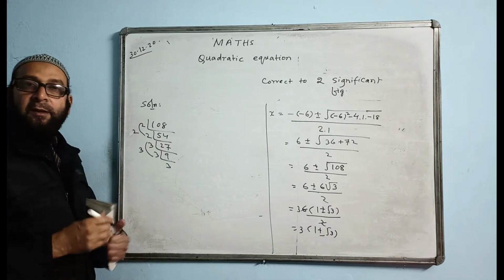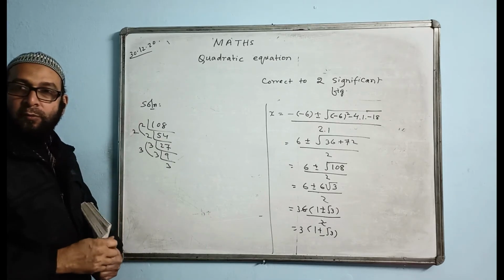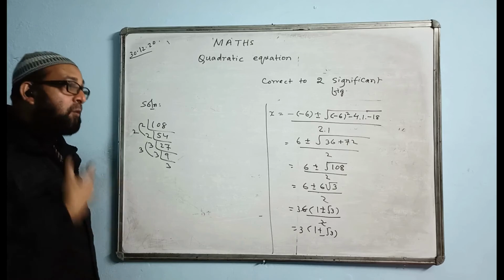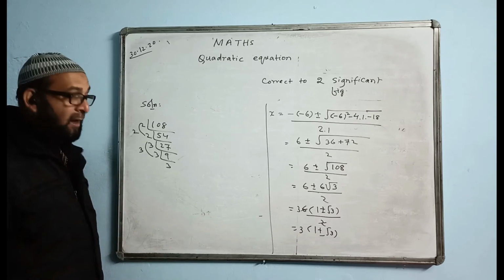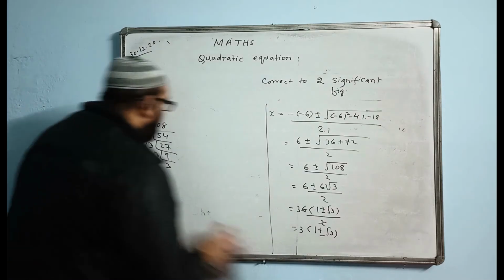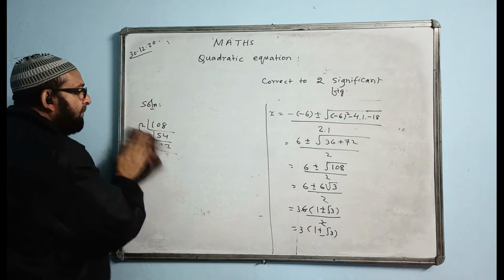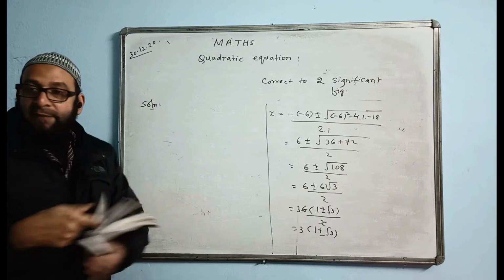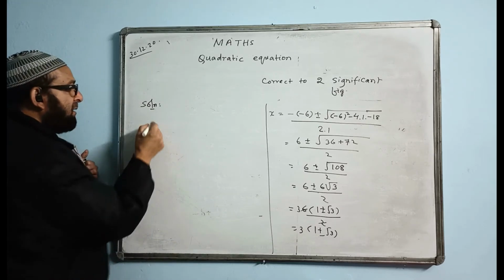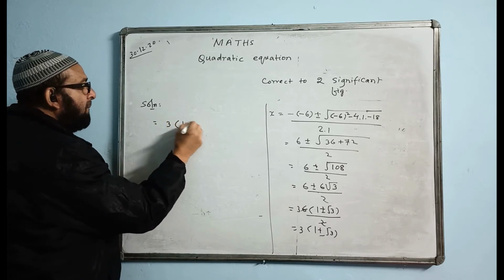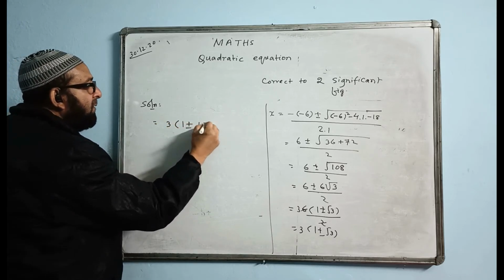I think root 3 value we all know. Root 3 value we are supposed to know also. Root 3 value is 1.732. I put that value. For this you need not see the table. And even if you see that table, root 3 is available in the page. You can see that value also. Now I write like this, 1.732.